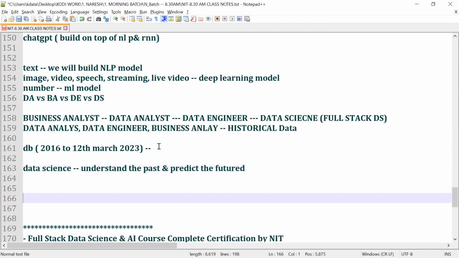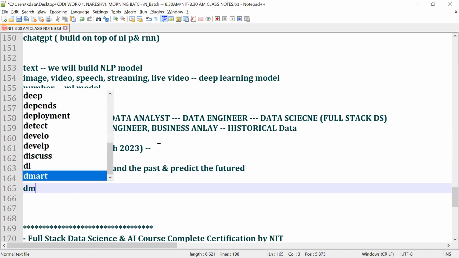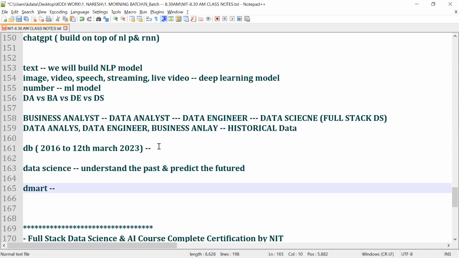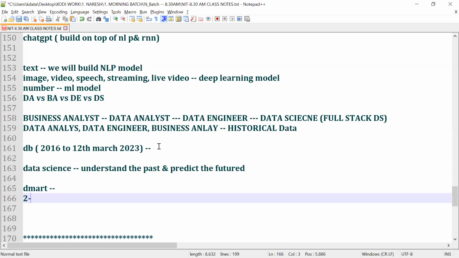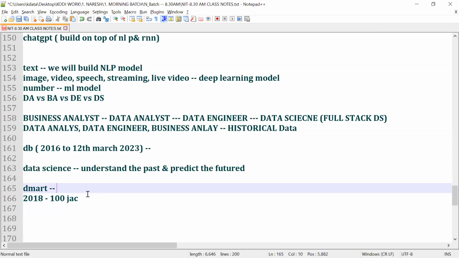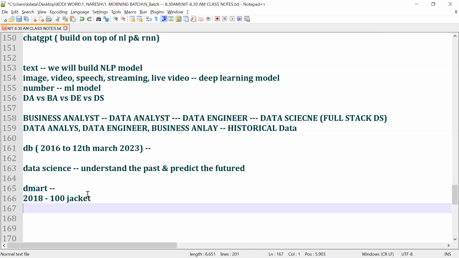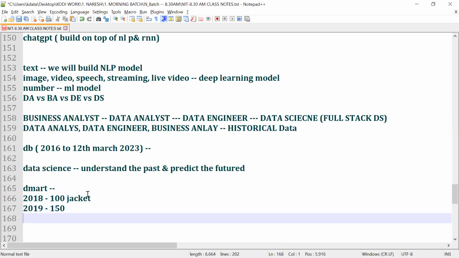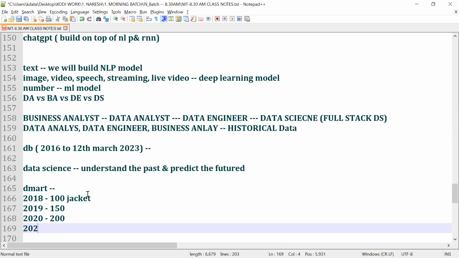What exactly does that mean? Let's say in the DMart store, in 2018, in the winter season, there were 100 jackets sold. How many jackets, guys? 100 jackets. And then in 2019, let's say 150 jackets sold. In 2020, 200 jackets sold.